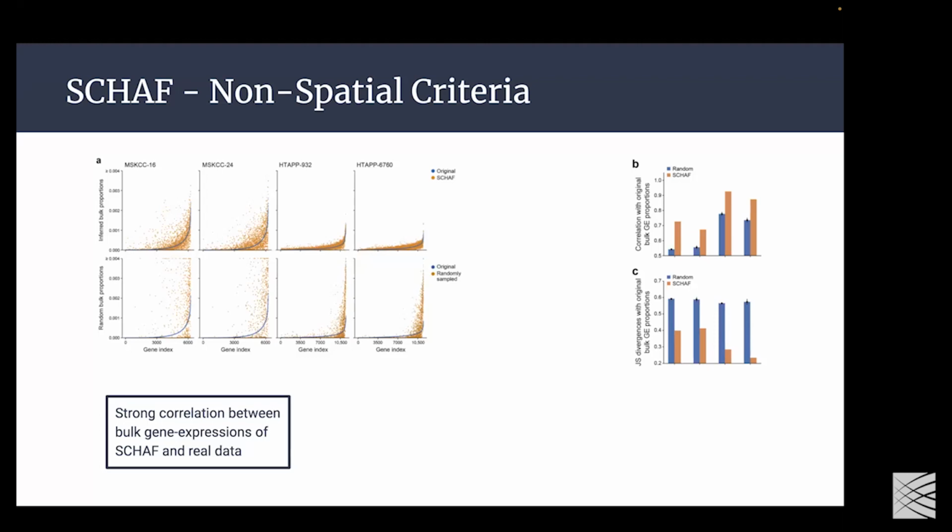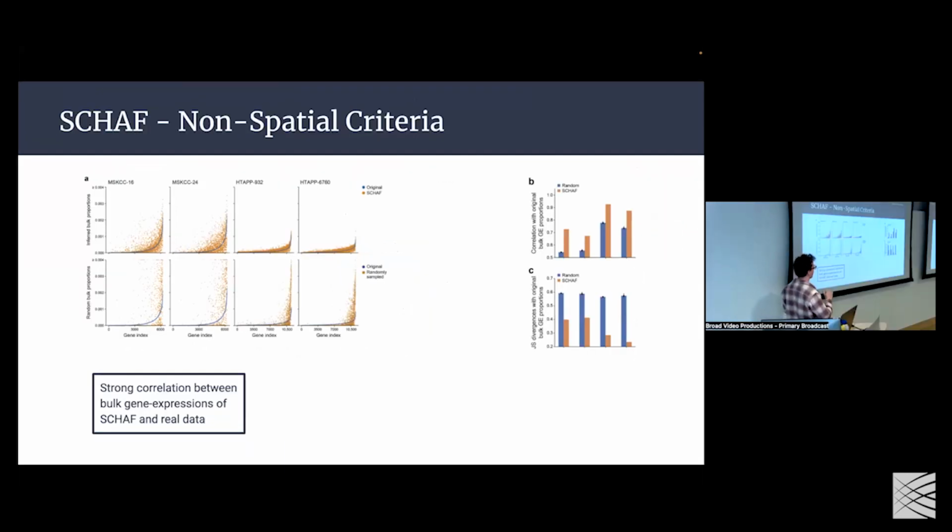And the first thing that we show here is just a very blunt sanity check type of result. If we look at a histology stain that is put into our model for testing, we generate a single cell data set from it. We compare that single cell data set to the goal, what we're trying to generate. And we look, okay, how can we compare the bulk gene expression of these two? This is more or less, you just take all the cells, you add them up, you find the mean expression value, and then just see how strong the correlation is.